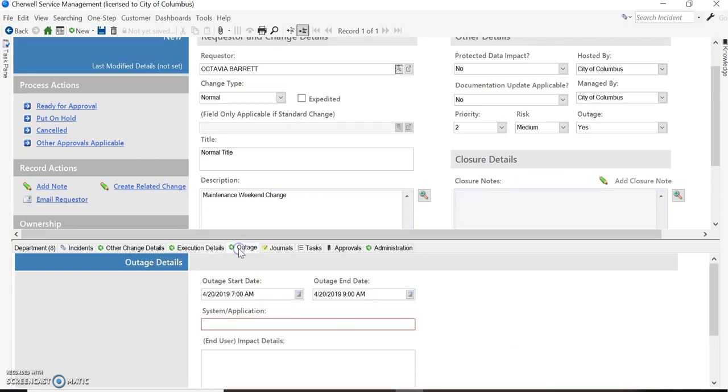Now we have our outage tab. This outage tab is only available if the outage is yes. If the outage is no, then the outage tab will not appear. So now,